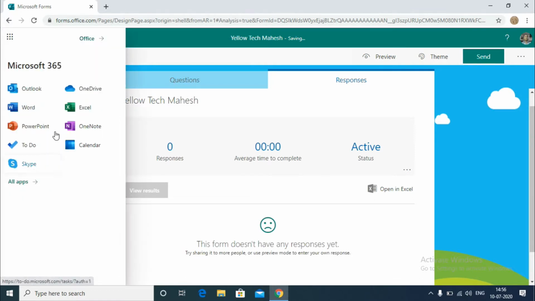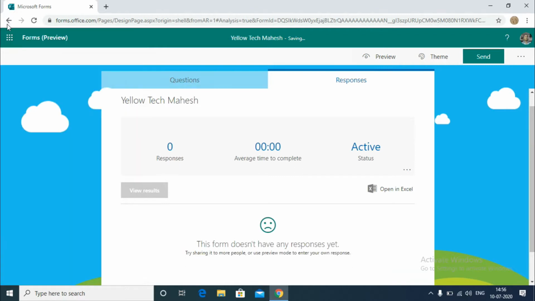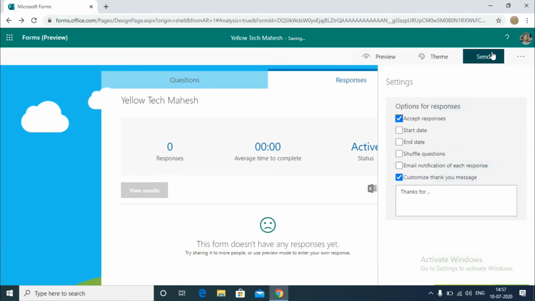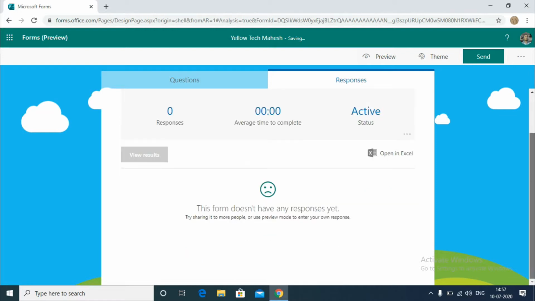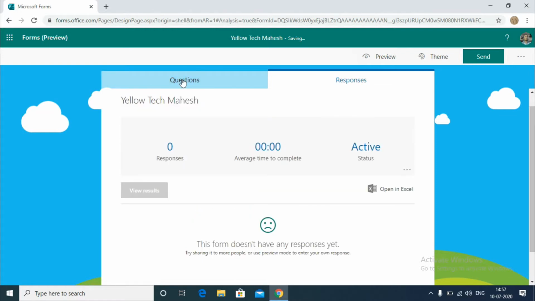We can go back for now, and let me just show you how to create a sample quiz. There will be a slight difference between this form and a quiz, so I will explain just one question there, how to create a quiz. I think you understand about this.